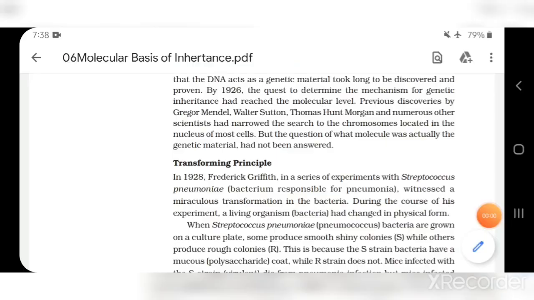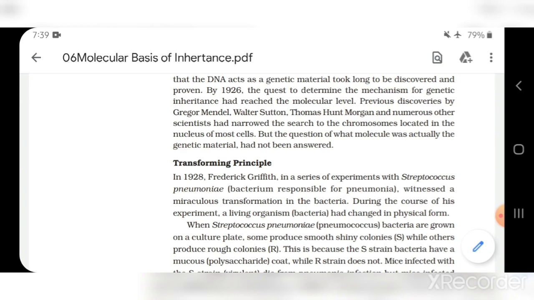In my last video, we have already gone through the structure of DNA and its packaging, right? In the structure of DNA, we knew that the DNA is a double helix structure with the two strands coiled up each other, and they are running anti-parallel with polarity 5 dash to 3 dash, right?